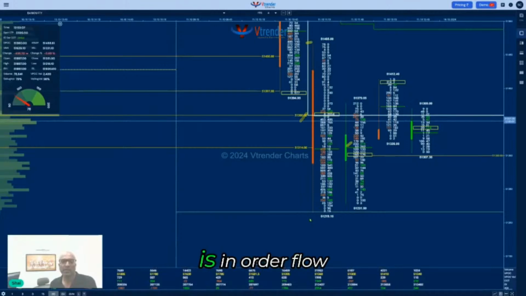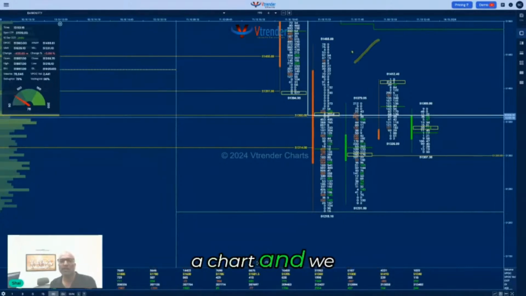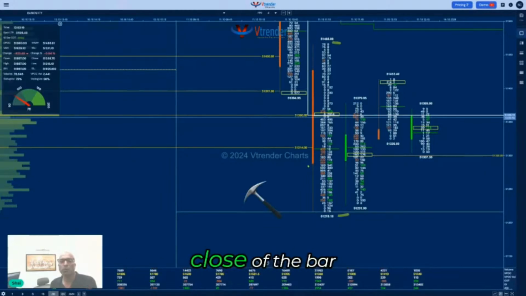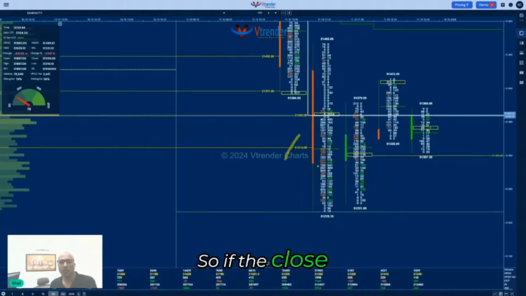So what we're doing in order flow is we are adding data to a chart. We are adding information to a chart, and we are trying to find out what happened between the high and the low of the bar, or what happened between the open and the close of the bar, right? Now, the color of this candle is dependent on the open and the close, right? So if the close of the bar, this is the close, is lower than the open, the color of the candle is red. Or if the close of this particular bar is higher than the open,